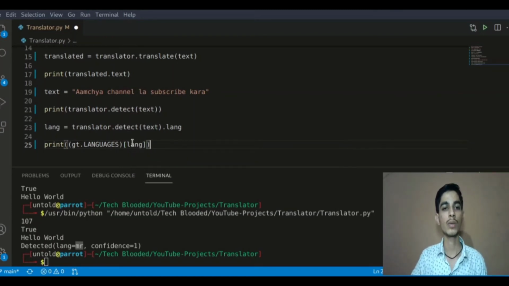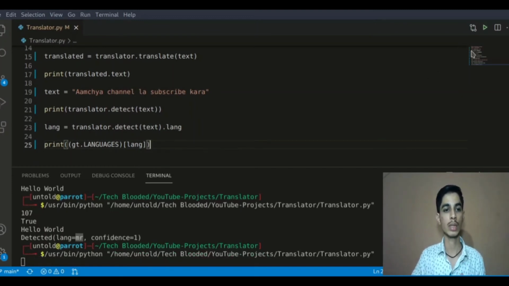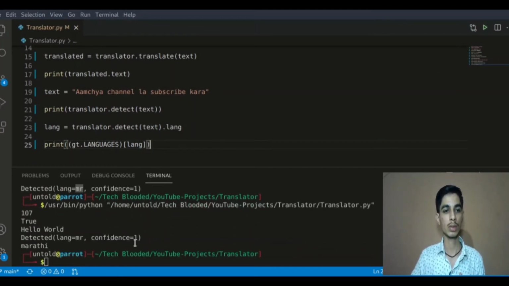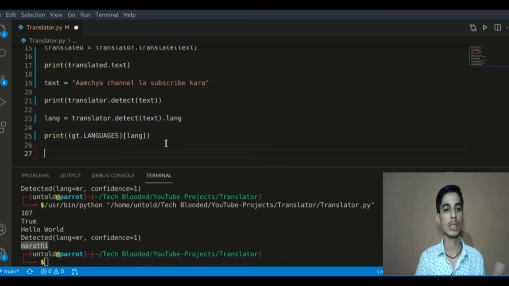So you will get the value of that language. Let's run this, and yes, we get the value Marathi. This mr means Marathi. So that's how we can detect the language of text using a translator from the googletrans library.